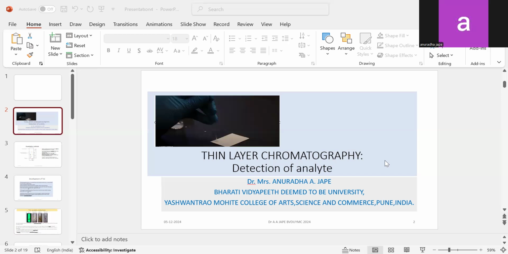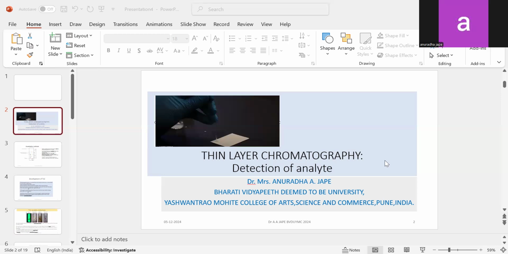Once the TLC plate is prepared, of course, ready-made plates are also available. We have talked about that as well. Once the TLC plate is prepared, you load the sample either manually or with the applicator or the auto-controlled applicator. You have to let the mobile phase dry from the plate. The mobile phase is the one used for solubilizing your sample mixture, and it needs to be dried, and then this plate is immersed into